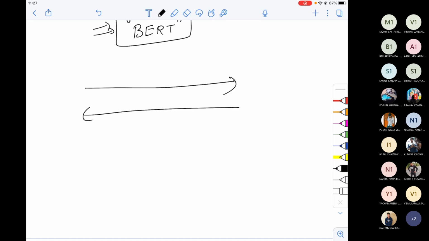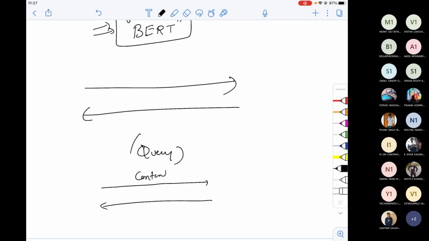That means whenever you type any Google search query, it will not only analyze what you have typed in the forward direction, it also analyzes what you have typed in the backward direction, so that it understands the context very, very well. That's the reason you have not seen Google work this well maybe 5, 6 years back, or maybe 4 years back. Hardly this was introduced 2.5, 3 years back. So whatever you type, it used to come mostly.